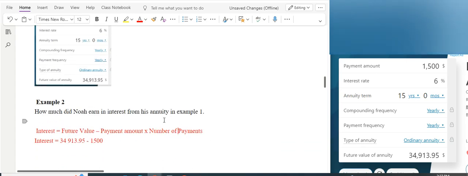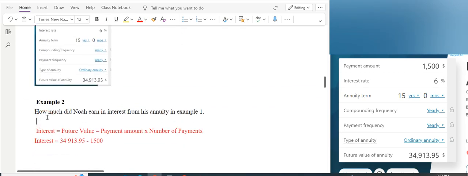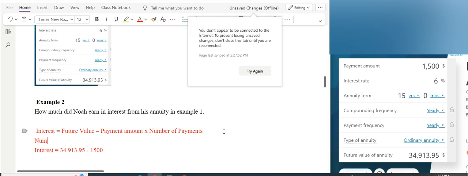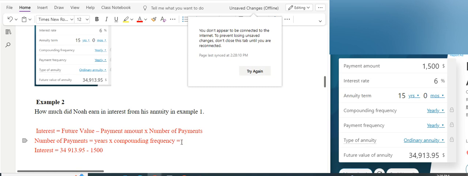And how many times did we pay this? Well, this one ended up being yearly, right? So the number of payments will be equal to the years multiplied by compounding frequency. Okay, so for us, that means it's 15 years times once for annually, so it's